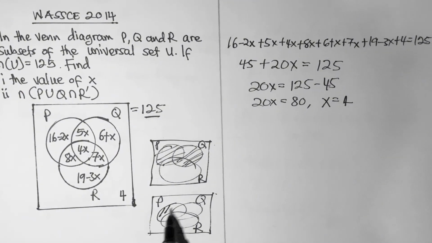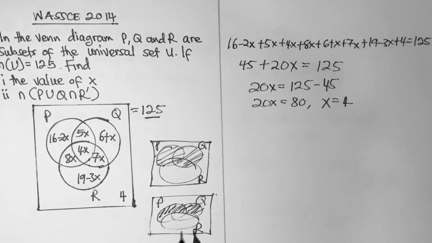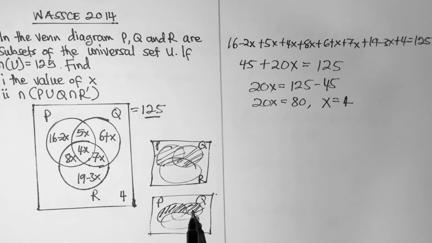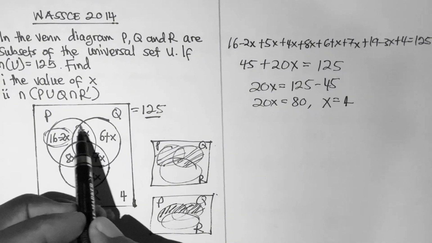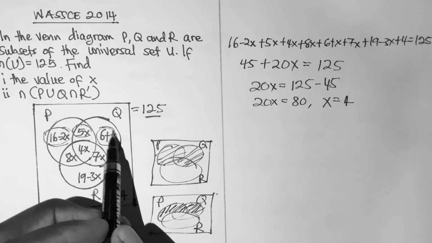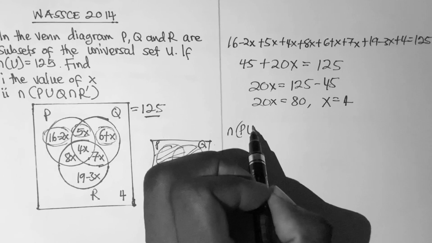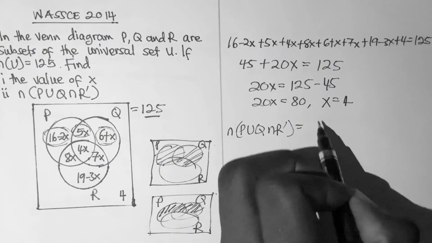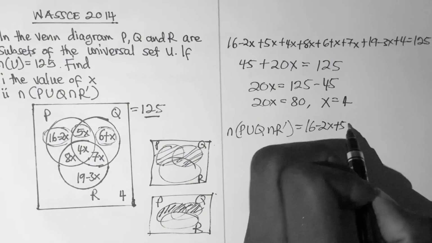All the region that is outside of R. So this is R prime. So what is the commonality between this region and this region? You can see that we are talking about these values, this value, and then this value. And therefore, number of P union Q intersection R prime is equal to 16 minus 2x, then plus 5x, and